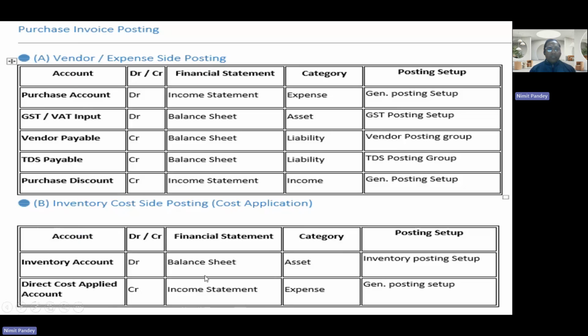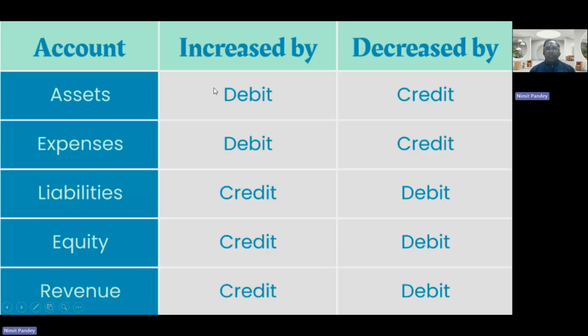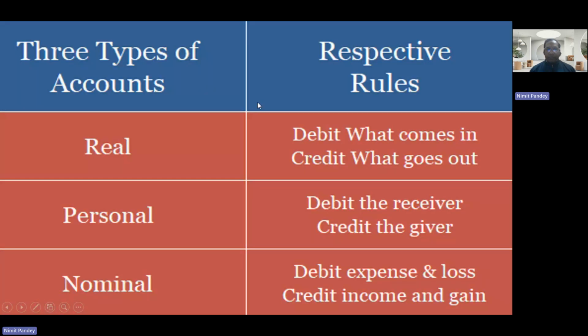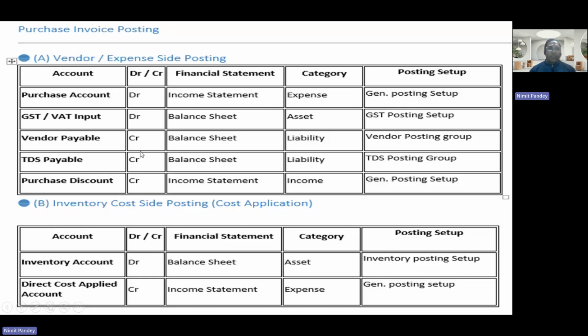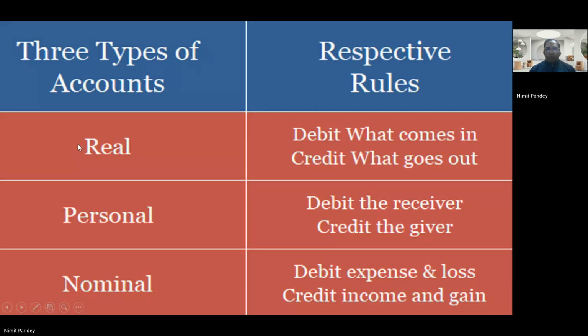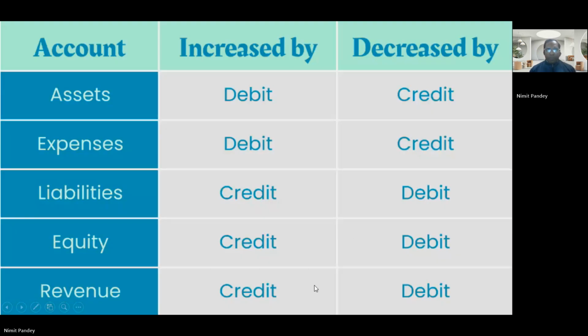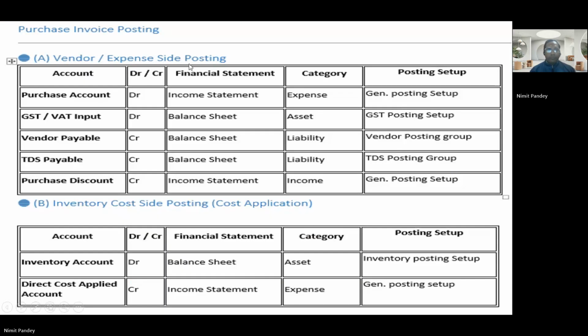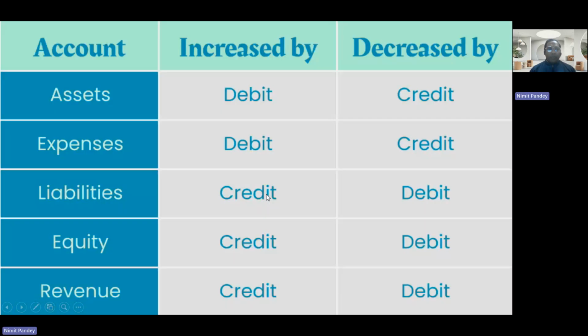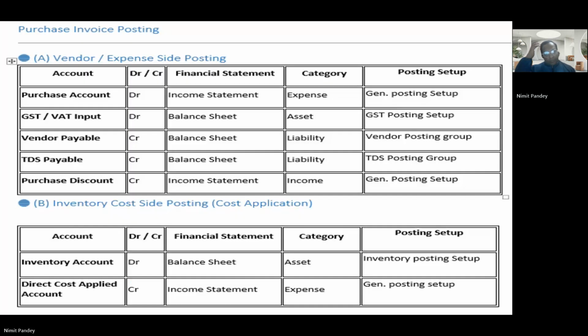Or you can check the inventory, it's my assets, and we learned previously when asset increase is debited. Same with the vendor. Actually, vendor is a giver, so giver is credited. Or from here, vendor is our expense. Currently our liability, as we purchase and now it is due to pay.